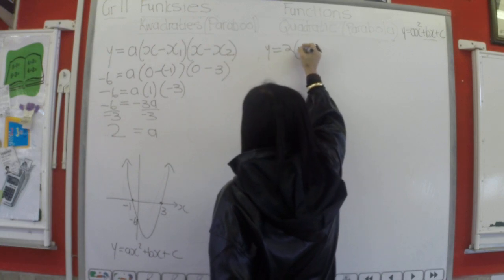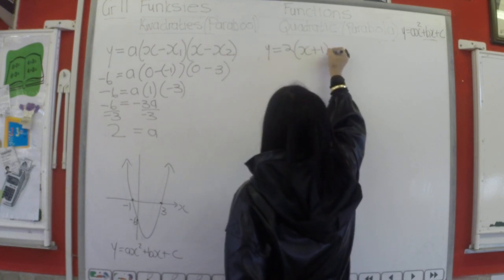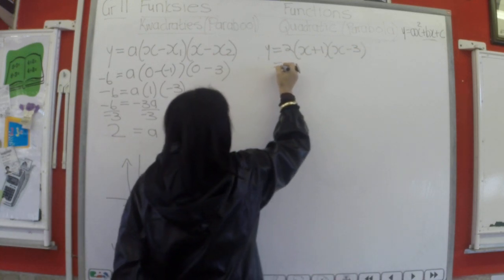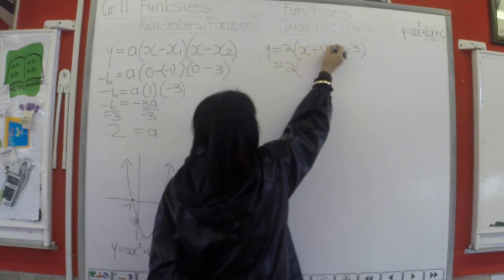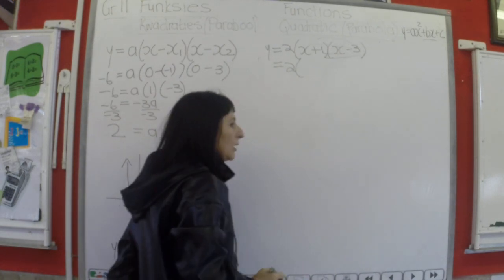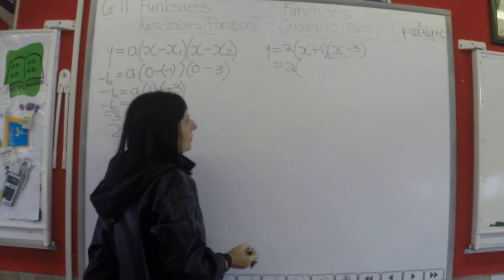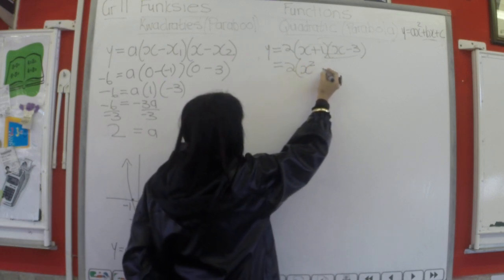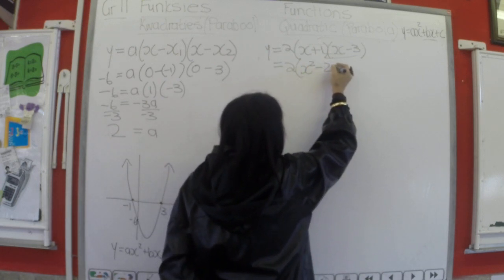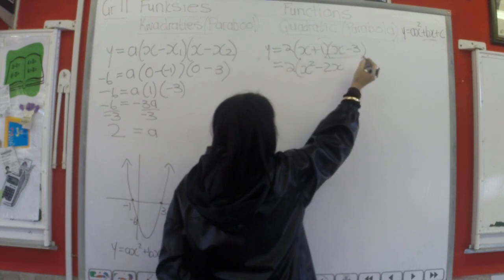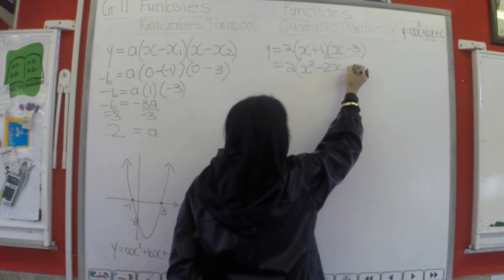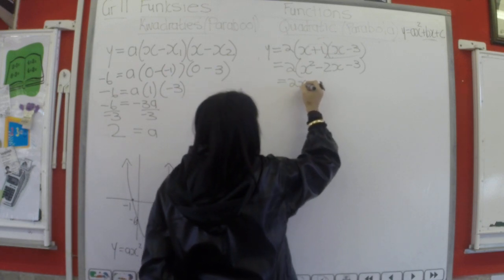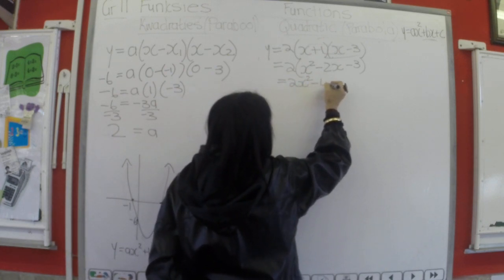Dis 2, x plus 1, x min 3, and now you can simply multiply this out, arrow method, welke methode e-mol or FOIL method, the way you know it, and it's going to be x squared minus 2x plus 1 minus 3 gives you minus 2x minus 3, en dan kan ons die 2 gaan inmaal,